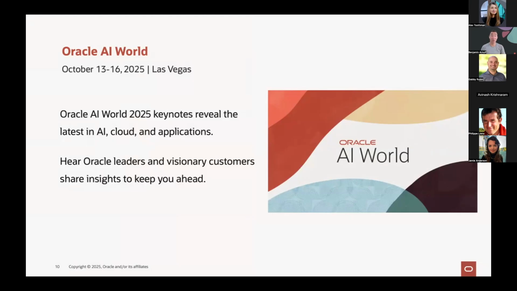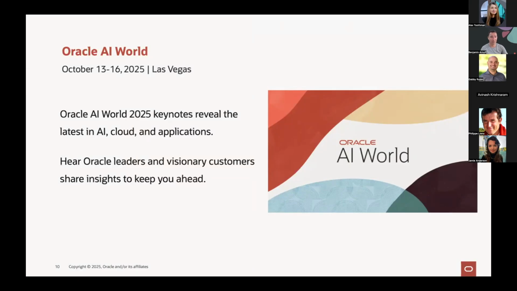Okay, so AI World. It's next month, from the 13th to 16th of October 2025 in Las Vegas. It's going to be excellent. There are a lot of different keynote events. We are going to introduce a lot of new features. You will have a keynote for Oracle Analytics Cloud, a keynote for Fusion Analytics. You will have amazing sessions with Alan Lee, Gabby, Philippe, Louis, Brett, all the product team. So it's really something we want you to join.